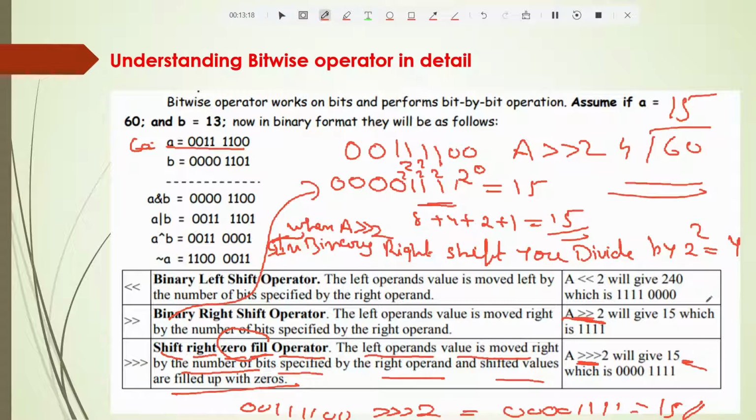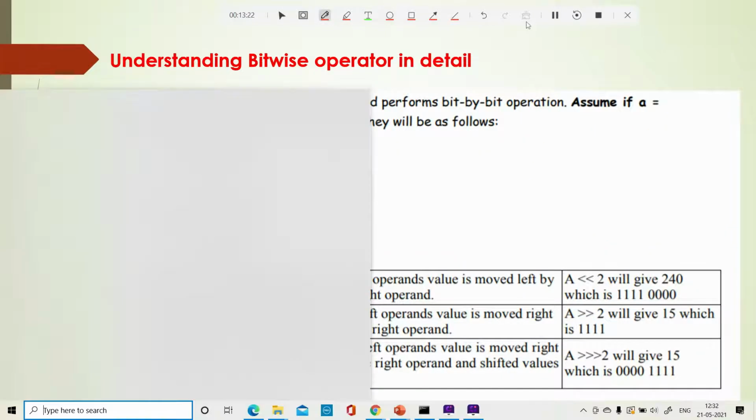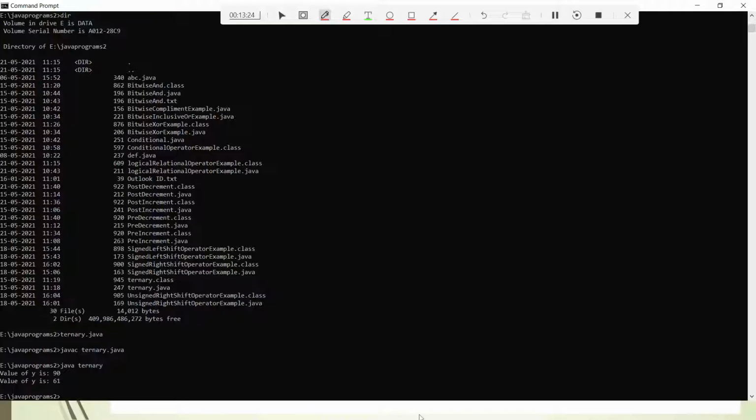Yes, now it's time to see some programs to understand the concept well. I will take one example from our programs, like how we have seen the different examples. First let me start with bitwise AND. So once again, how do we see? We use the Java compiler.